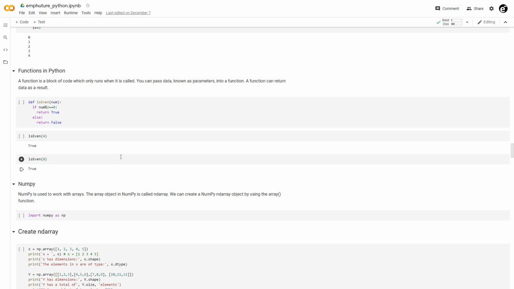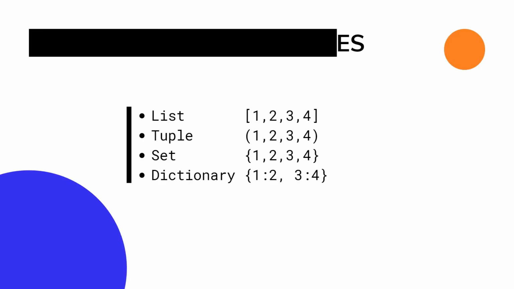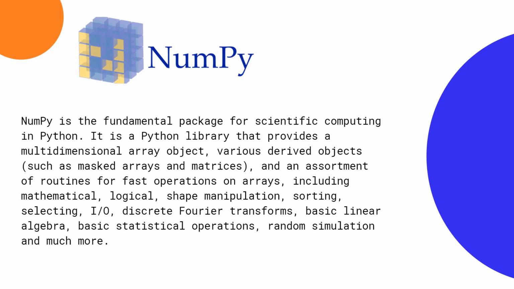I'm heading to my presentation now just to have a look at NumPy. Now we have NumPy. It is a package for fundamental scientific computing in Python. With this, we can perform mathematical manipulations. We can do shape manipulations of a matrix. We can do statistical operations and much more, guys. Let's see some of the basic functions in the NumPy library.